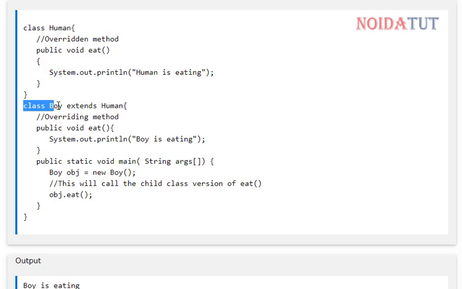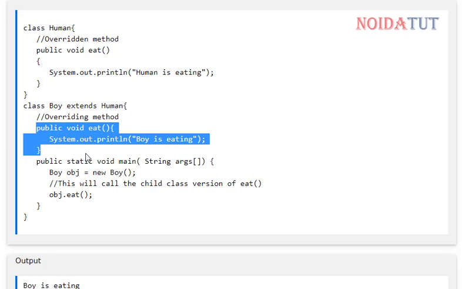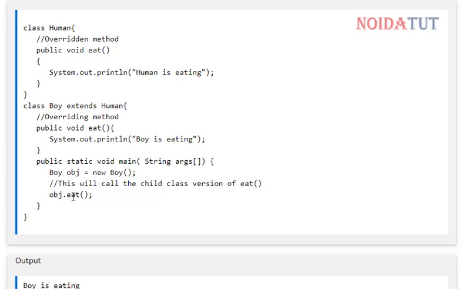We have another class Boy which has inherited Human. When we inherit it, that means this function is accessible to objects of this class. Now again, this function is declared in Boy. Now when we call this function with the object, it will display "Boy is eating."